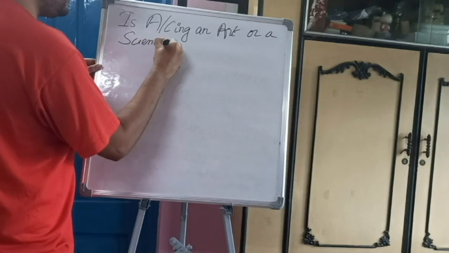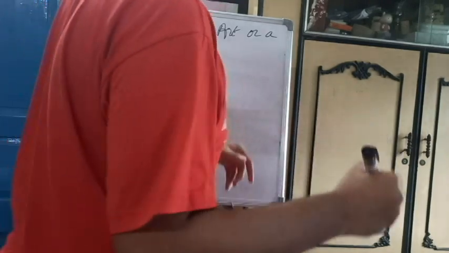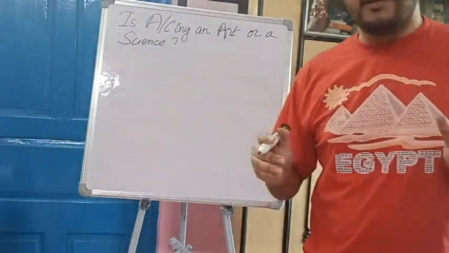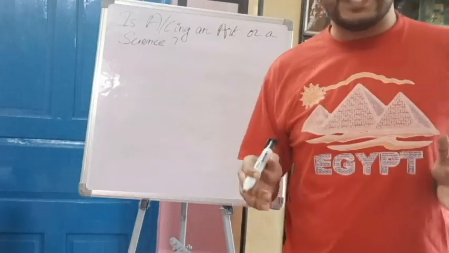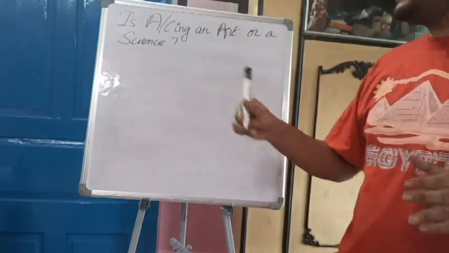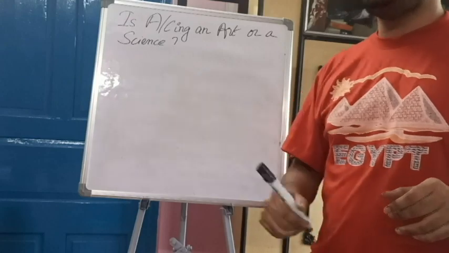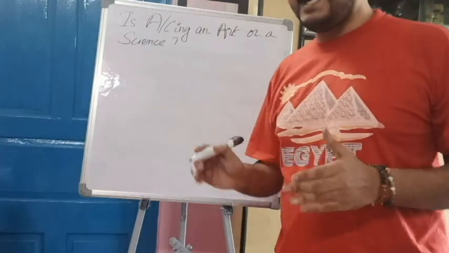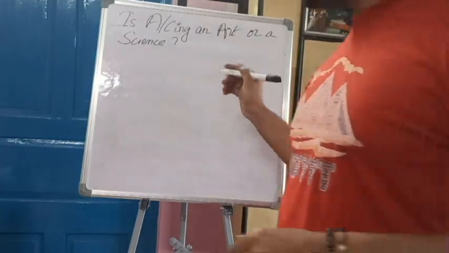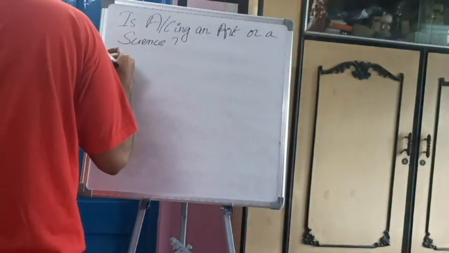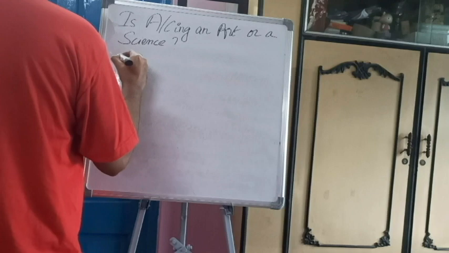In MCQ they may give you whether accounting is an art or accounting is a science, or accounting is both art and science. So your answer would be that accounting is both an art and science. Why is this art and science, that we will discuss now. It is an art because it involves